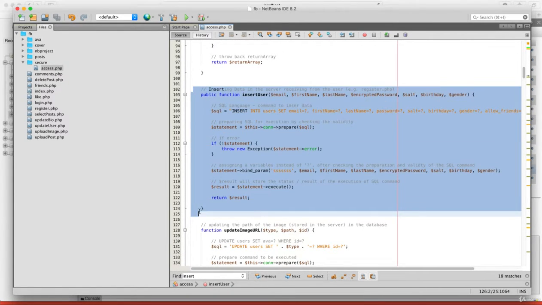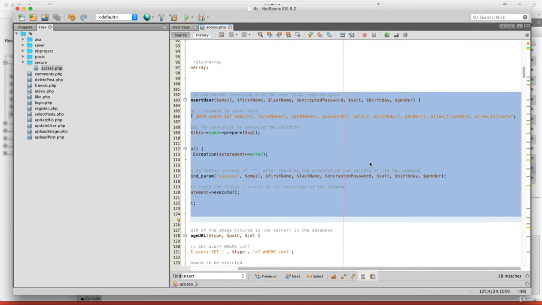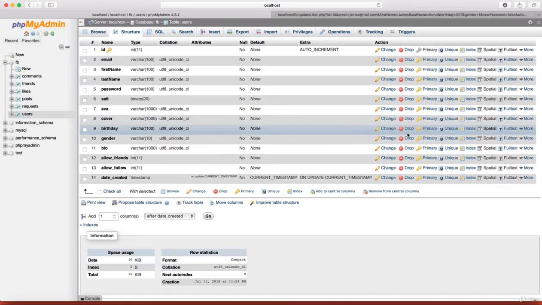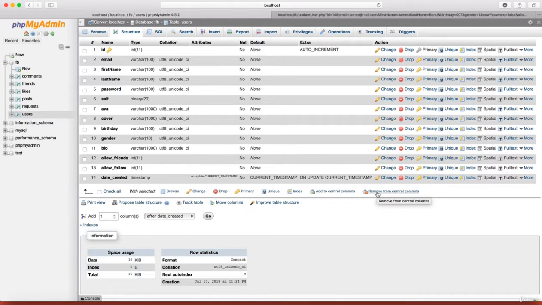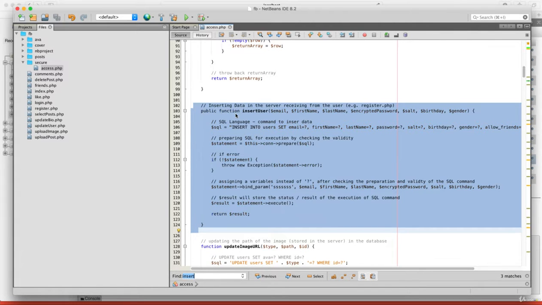So whenever the user is inserted, or we will say just got registered, then by default he's allowing people to add him as a friend, and he's allowing people to follow him. Very good. So we're done with this switcher. Then we're going to the function where we will update our user. Let's say when you're going to edit your profile and you decide, okay, I became so popular and so many people are trying to add me as a friend, let me restrict it. Okay, so then in the update user function,